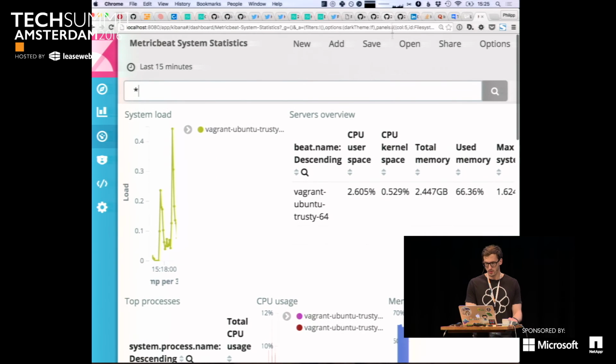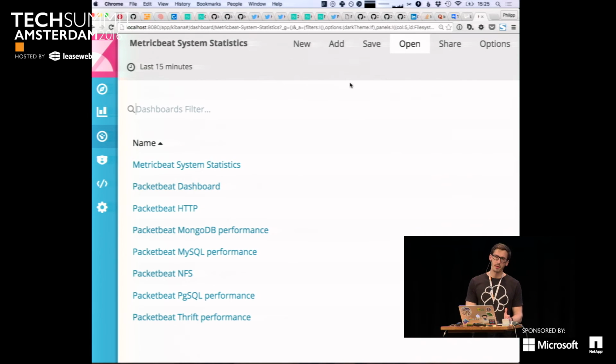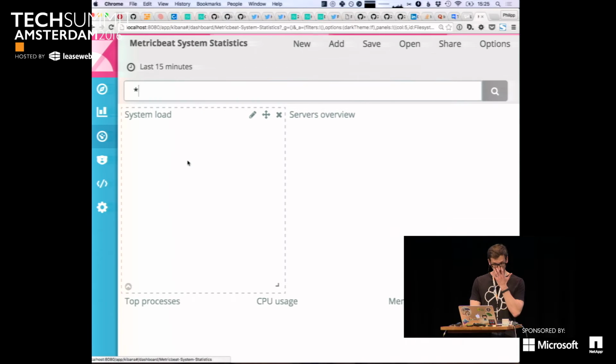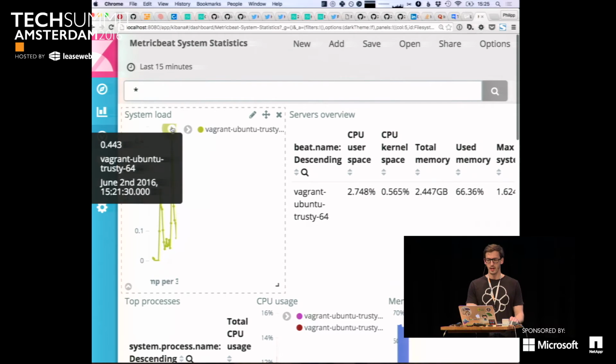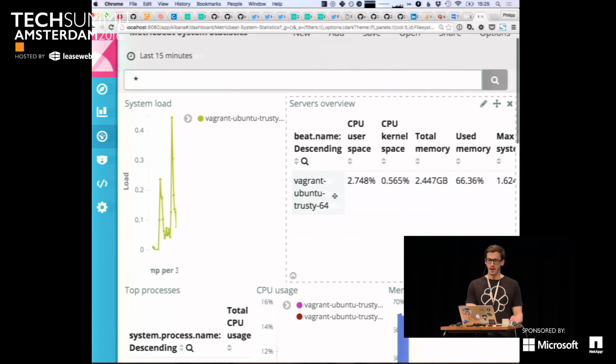And in the dashboards, again, you can either put together your own visualizations, or you can use the predefined ones. So for example, for the metric beat, I'm just getting an overview of my system. So here I have the system load. Since I only have a single server, I just have one entry here, but you would have all the servers you're monitoring displayed here, and you could narrow down the search just to one specific server or multiple ones, and then just get the details from that one.